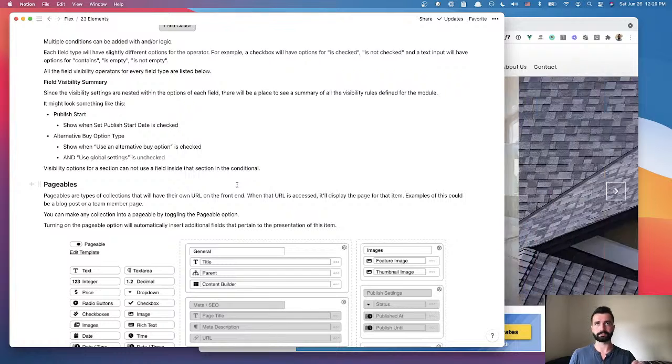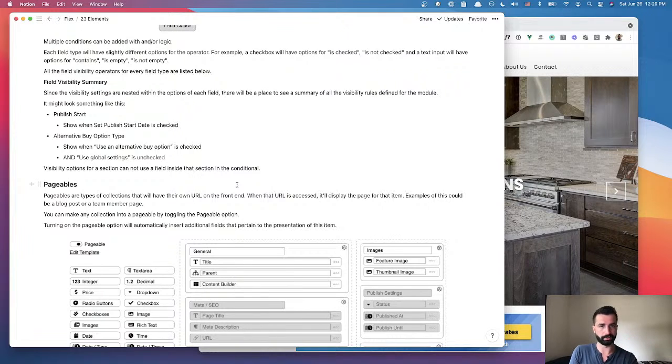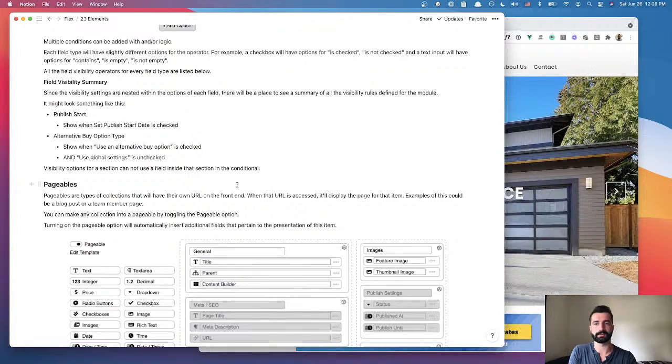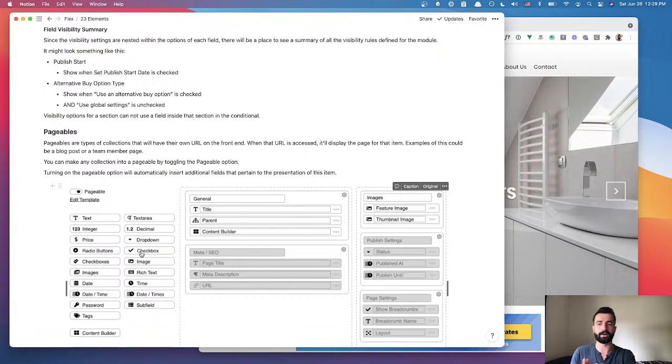And so I want to make sure that I'm focusing on the important parts of the system first, which is building the actual website and not all the finer details of the different types of fields that I want to support. Because, yeah, that's important, and I would want all those different fields before I release my first version.